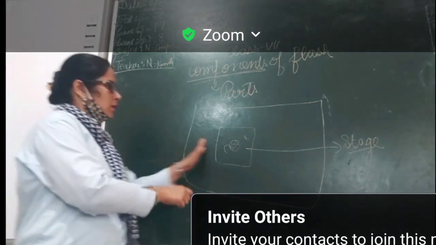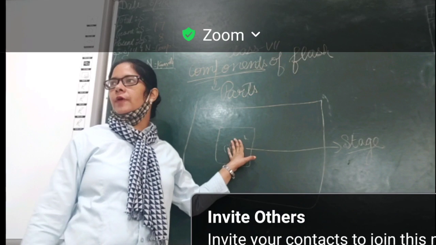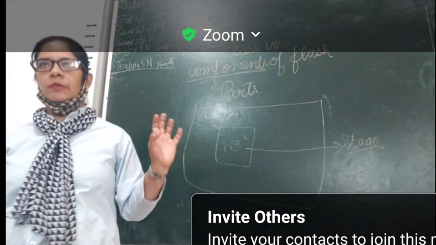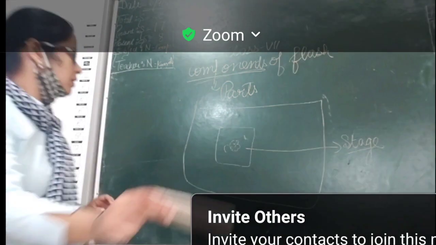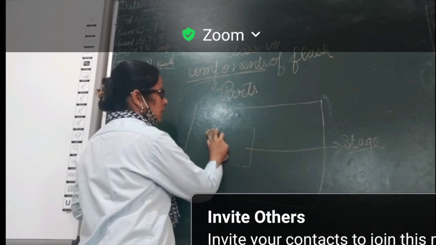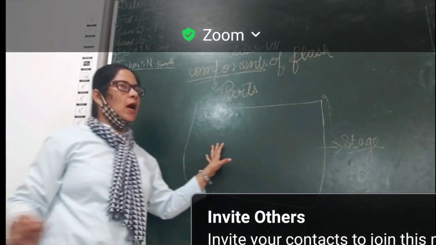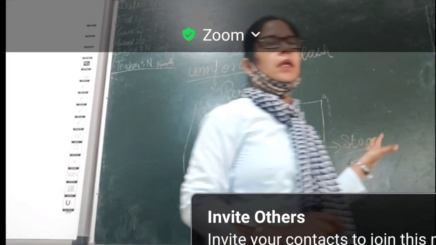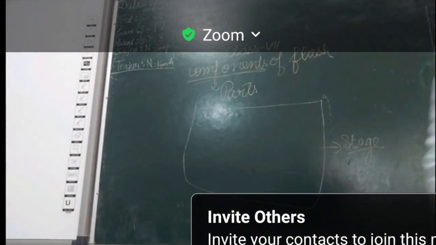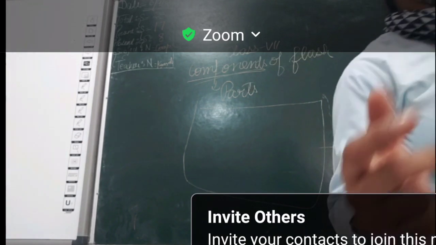Now, this is your software where we do the animation part. I have discussed it on that day also. This is your stage, full part stage. Here I want to make a film. यहाँ पर मैं एक फिल्म बनाना चाहूँ. I want to make an animation.